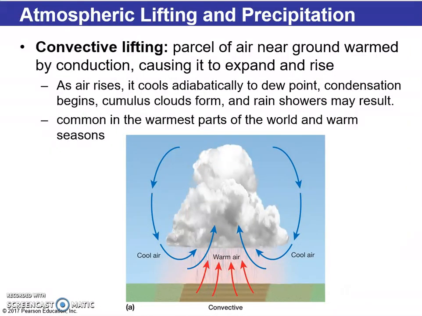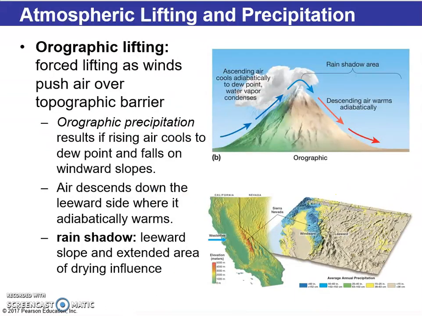Then we have convective lifting. And then we have orographic lifting, which is usually moving over a mountain. So let's spend a second on convective lifting. So as air rises, it cools. So we see the air rising, cooling off, and essentially enabling a storm. Orographic, we essentially